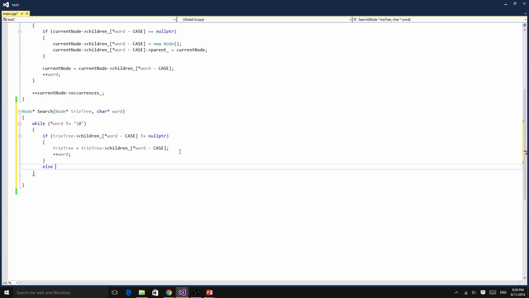Else, so if in the trie tree where the character is supposed to be, it is null pointer, which it shouldn't be because we're looking for a word, which means the word is not there, then we're just going to return null pointer. So this way, whatever's calling this function will know, hey, what I looked for, it wasn't there. So then that's the while loop. The while loop will run until the end of the word. And then